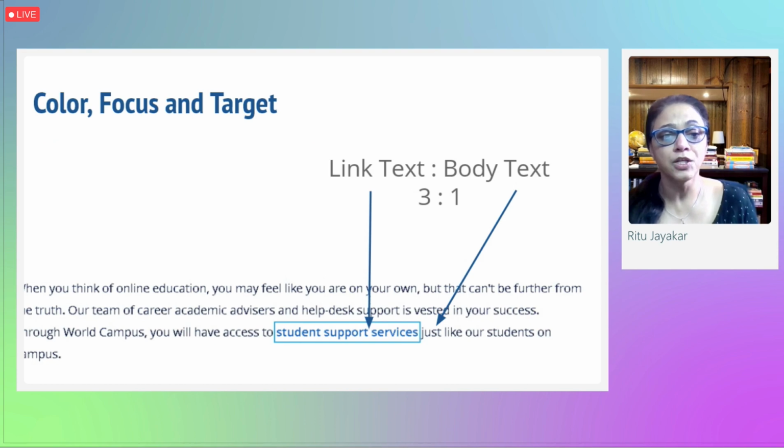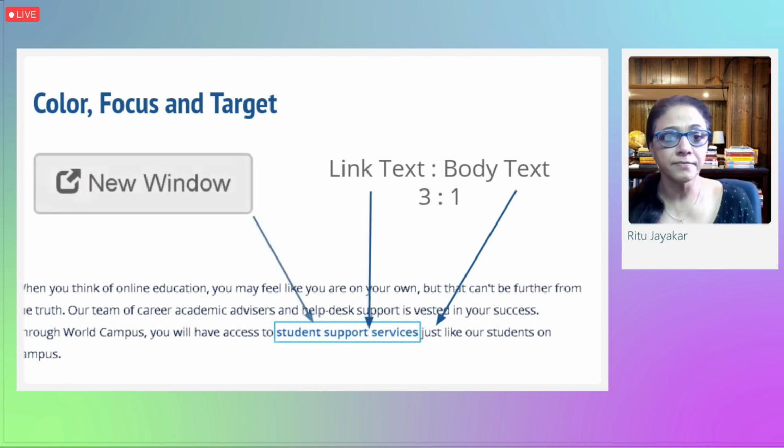Another best practice is to open links in a single window as much as possible. If links open in a new window, the user cannot use the back button or navigate back without closing the new window, which can be more confusing in mobile interfaces. If you have to open a link in a new window, add a textual indication for screen readers like "link opens in a new window" or "external link." This is some of the example of that.